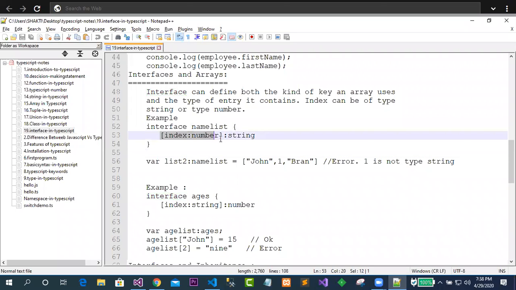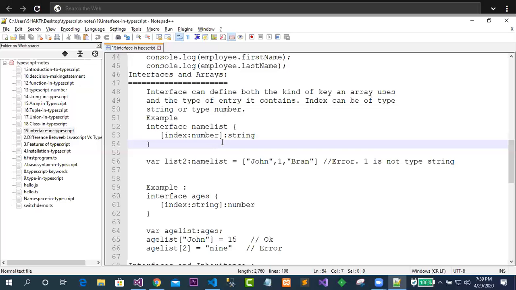Now this is exactly the way of taking an array, and just try to observe now, this index is of type number and the value is of type string. This is an array declaration. In the interface, the first thing written is index colon number, which means that this array is going to take the index as number and the value as string.